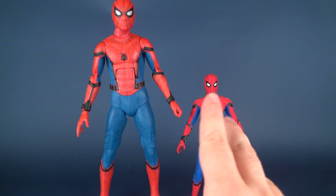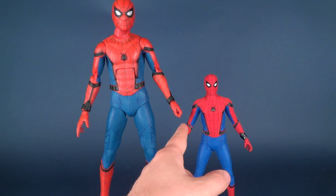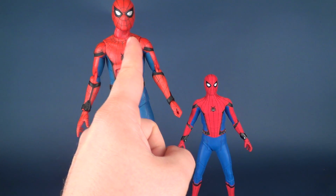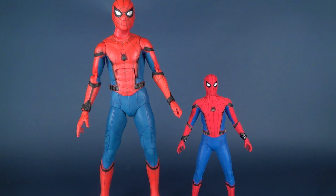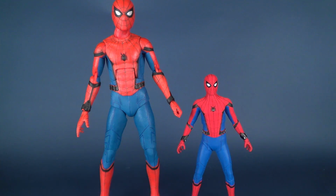One other thing actually that comes to my attention looking at the two here is the very drastic body molds, the body builds between the two. Spider-Man here has very broad shoulders. NECA, on the other hand, does have broad shoulders, but they're a little bit more curved down. And if you look at his body actually has just more of a rectangular shape to the torso. The head is also slightly larger, which unfortunately